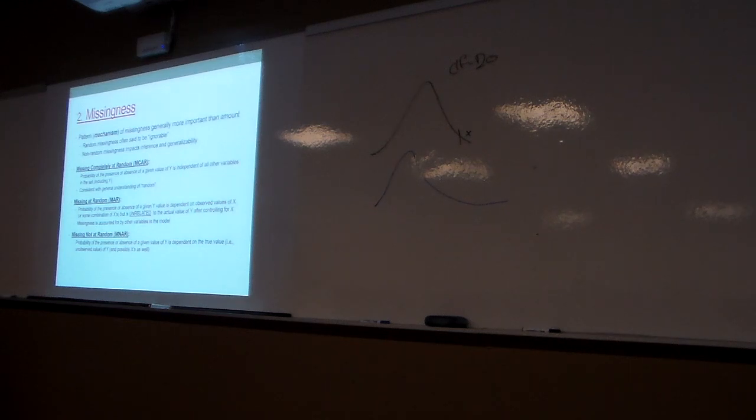Now if I have a PANAS at the front end of it, and I can say, all right, well, I measure your mood at the front end. I see that you have really negative affect. I see the people with really negative affect are then missing the scores on the outcome. What type of missingness do I have here? What do you think? Well, I've got those PANAS scores in the model. What do you think, Kate? Is it at random? Yeah, it's missing at random, right?